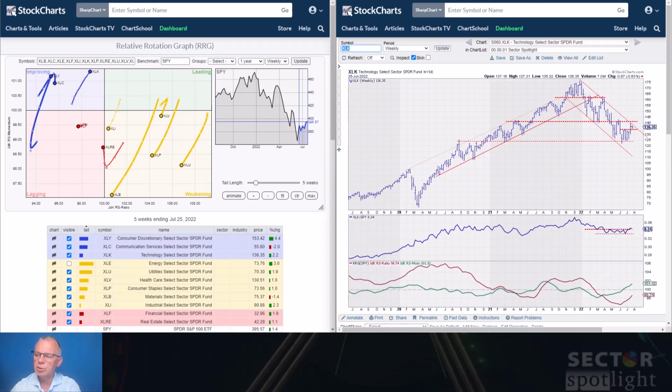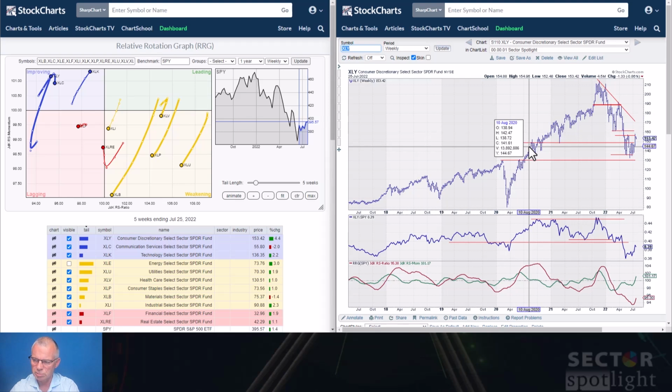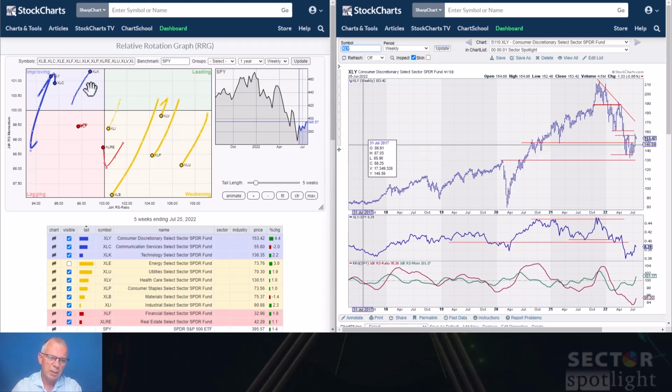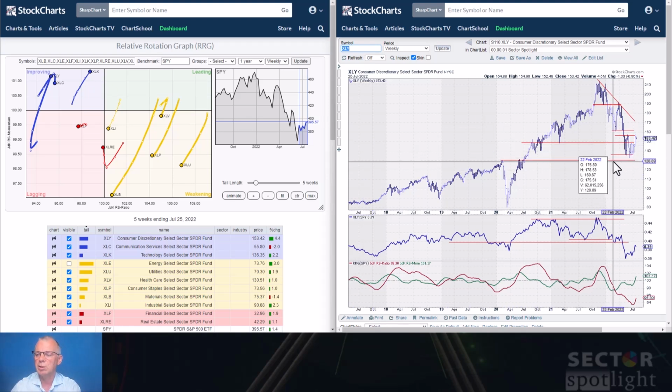And then finally, the two more growth oriented sectors, technology and discretionary. They are improving in terms of relative strength, and this looks like a small bottom formation, but the longer term trend is still down, and this is not yet a turnaround of relative strength. And you will see a similar picture for consumer discretionary. I think if you have to choose between the two, my preference would be for technology. It's closer to the 100 level, it's traveling at a slightly better RRG heading, and I like the price chart a lot better because